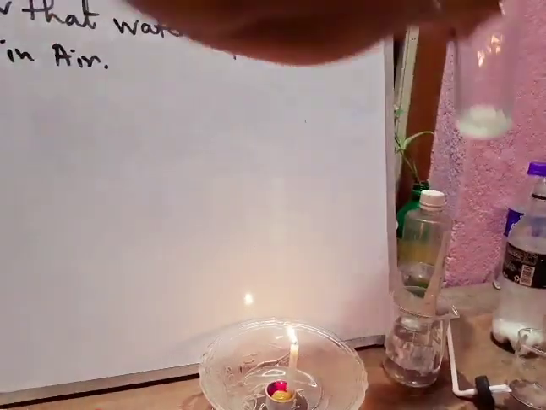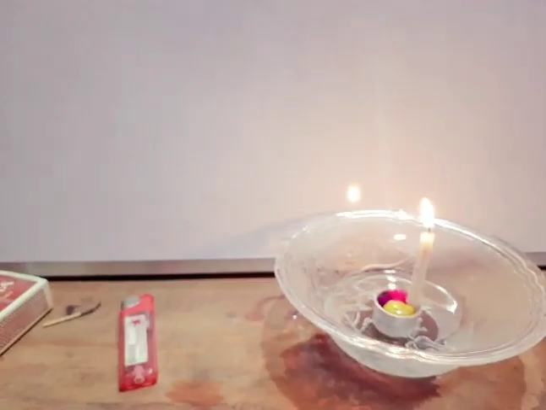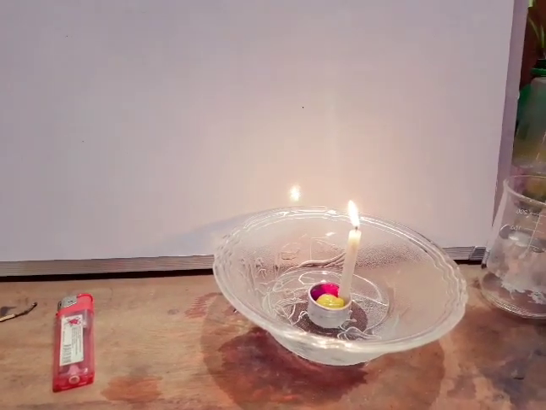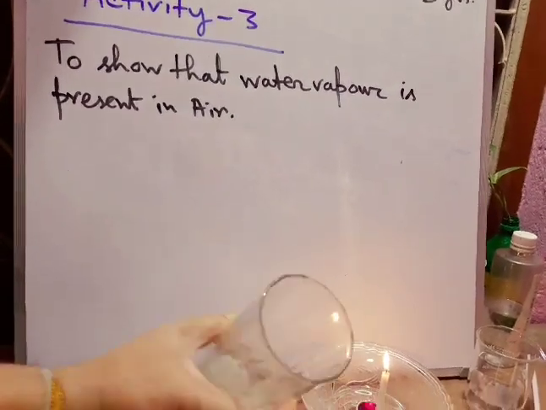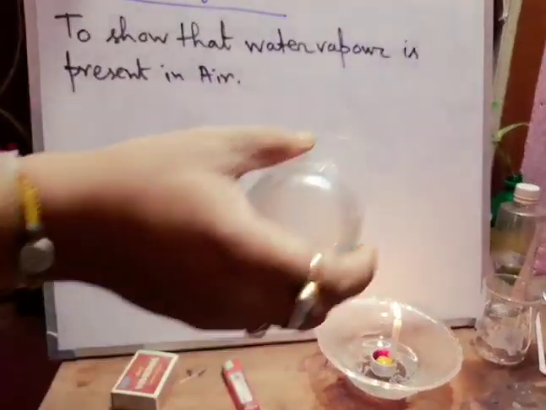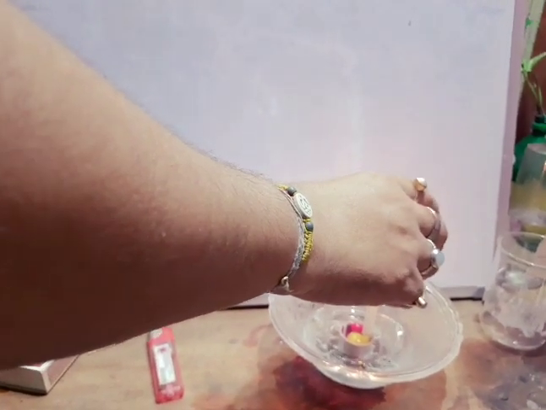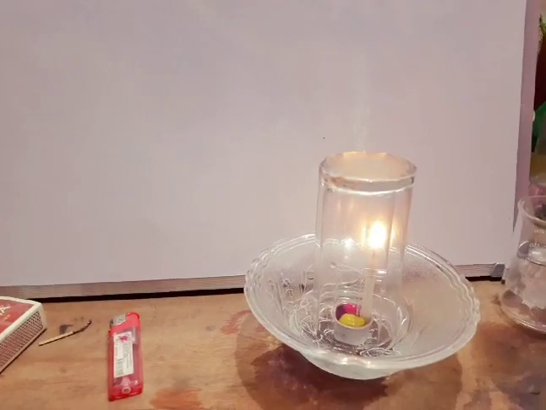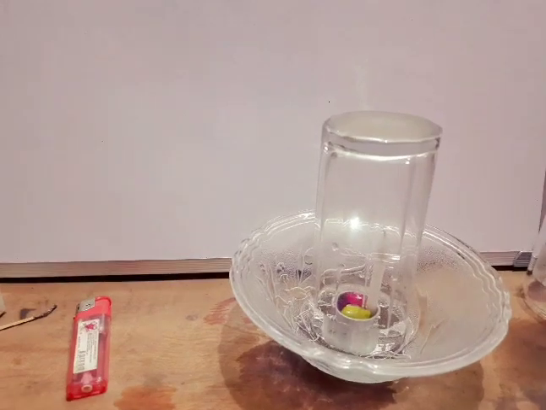Then inside, water is there. See, there water is there. Now you see the level of water. Wait. Now what we'll do, here one glass is there. So what is inside the glass? Inside the glass there is air. Now we'll invert the glass over this candle. Now we have to see how long it will continue burning. And what is happening? You see that the water level rises.